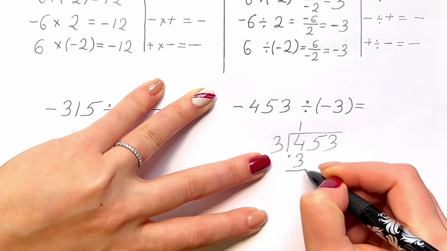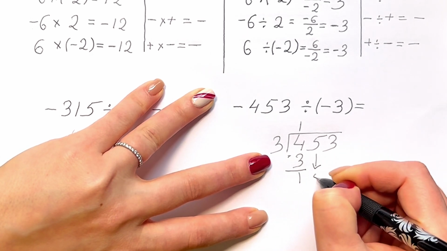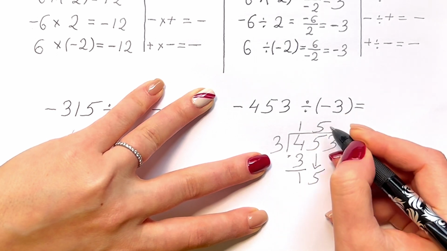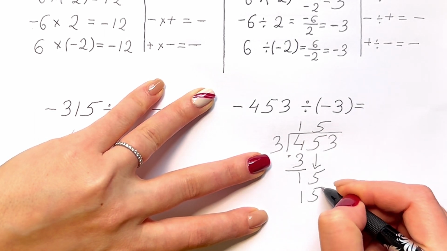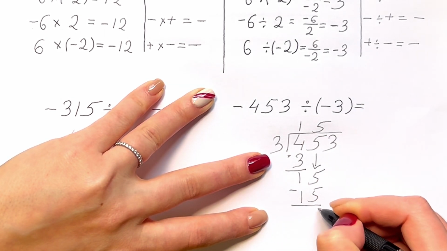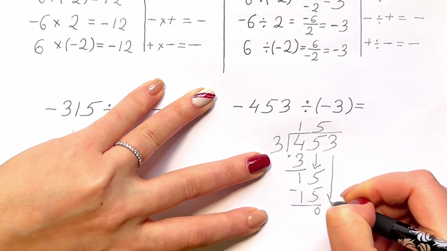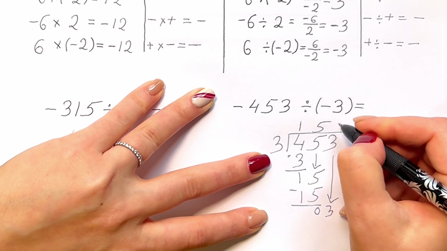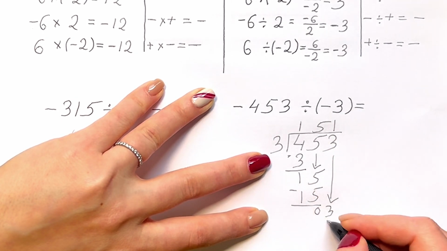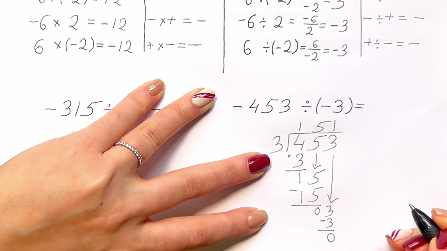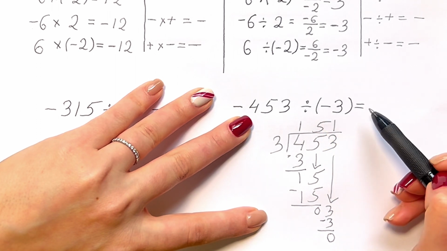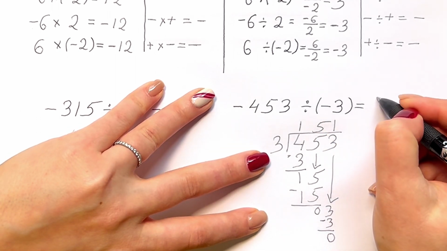We will subtract to get the remainder. Bring down the next digit. 3 goes into 15 5 times. 5 times 3 is 15. I'm going to get the remainder, which is 0. Bring down the next digit. 3 goes into 3 1 time. 1 times 3 is 3. I'm going to subtract and get the 0 remainder. So I told you already, negative, negative, we're going to get positive. So it's positive